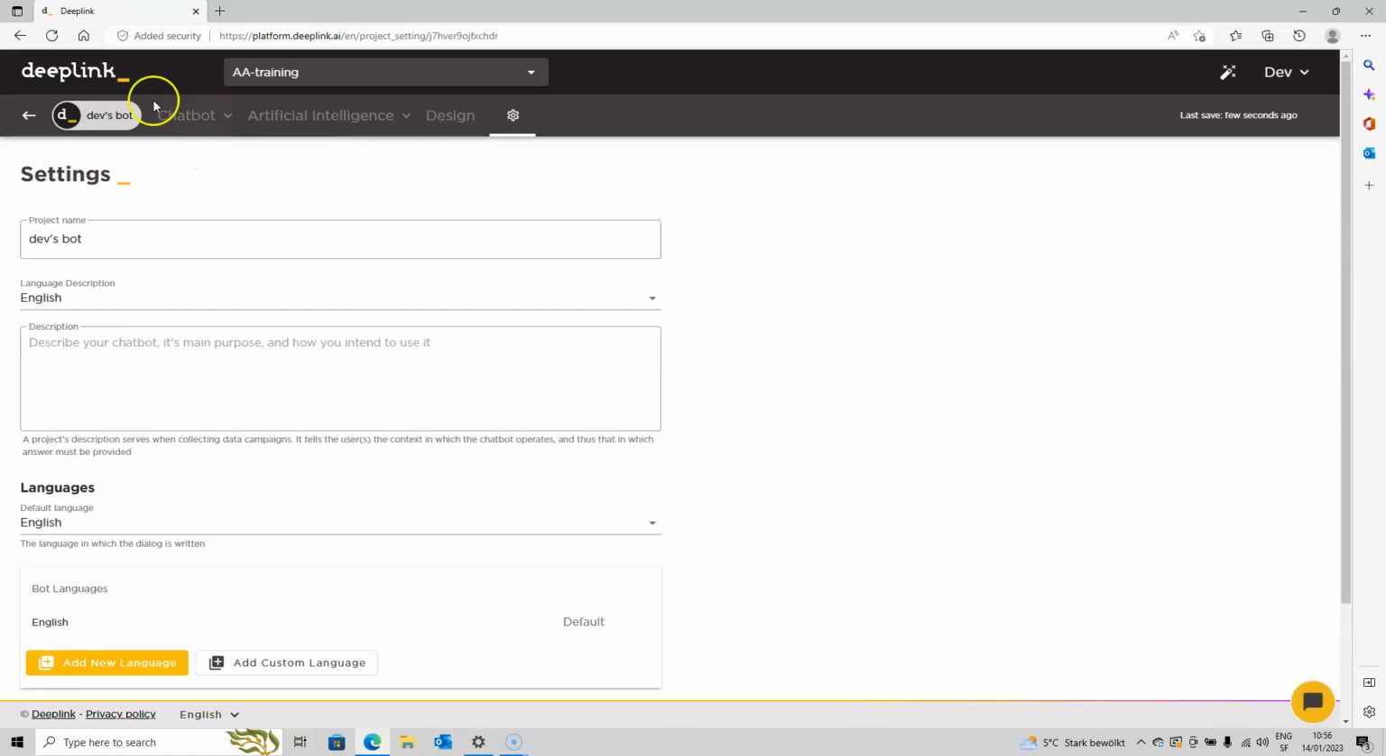So on the platform, you have here one menu that is named chatbot, one menu is artificial intelligence, one menu design, and this wheel is one menu for parameters. Okay, so here I'm on the parameters when I created the chatbot, because the first thing that you have to do is to maybe rename the project. Instead of DevSpot, maybe I can say that it's a training. Let's say, okay, we can say it's a Deeplink